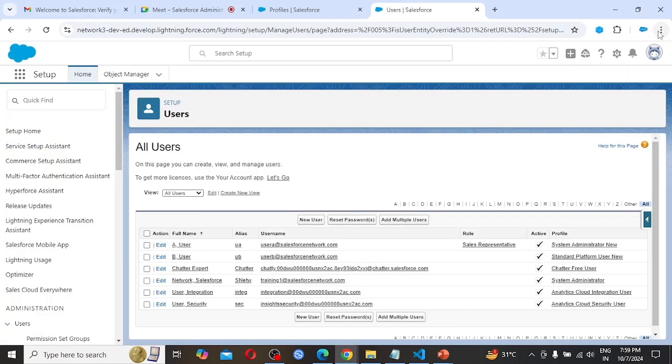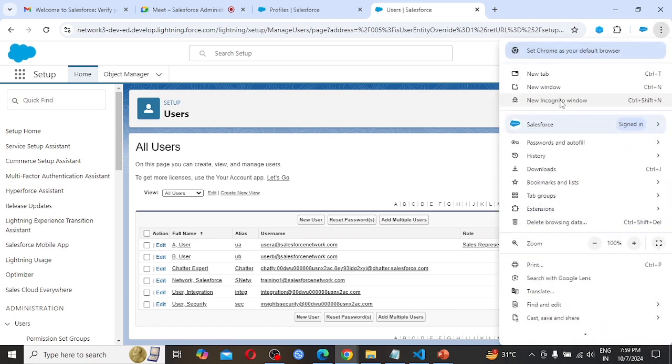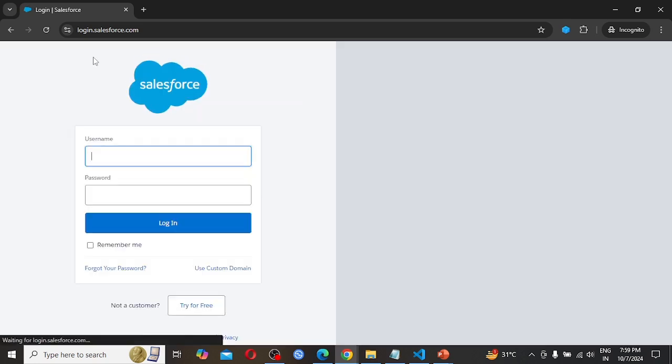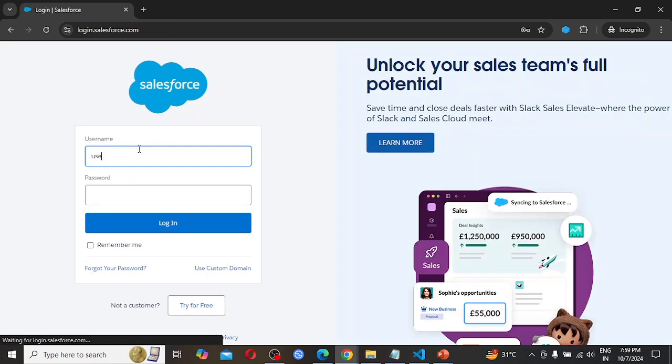Here I am going with an incognito window and going to log in with the user B account. After providing the username and password, we need to hit the login button.